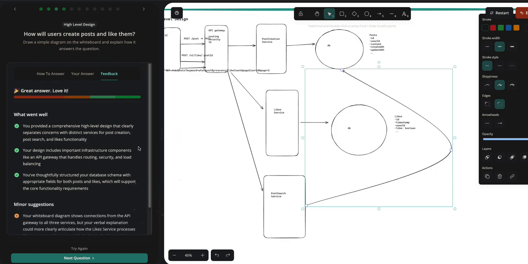Okay, you provide a comprehensive high-level design that clearly separates concerns with distinct services for post creation, post search, and likes functionality. Your design includes important infrastructure components like API gateway that handles routing, security, and load balancing. You thoughtfully structured your database schema with appropriate fields for both posts and likes, which will support the core functionality